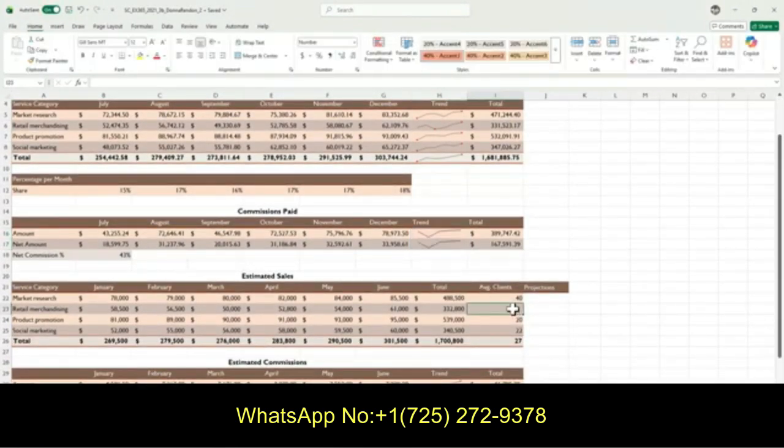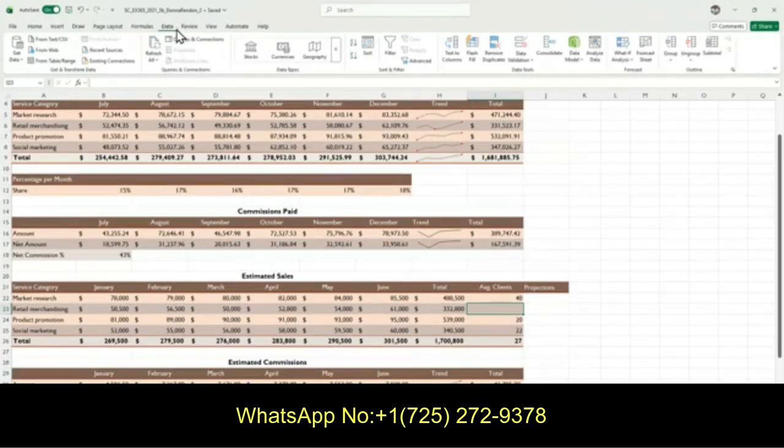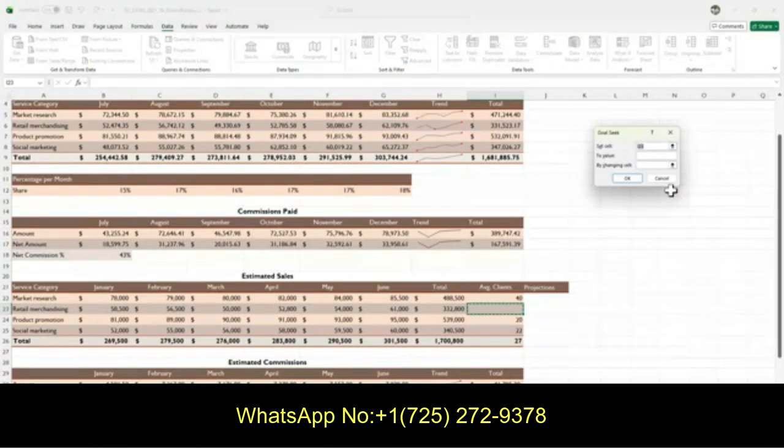So let's do that. Go back to the start file, and this is what I need here. So it says we're using the goal seek. This time we're going to select the data tab. No, that's the draw tab. So data tab, and then go to the right of the ribbon. You'll see the what-if analysis drop down menu. Select it and select goal seek from the drop down menu.